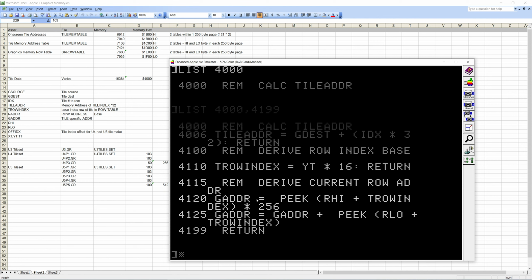So GADDR, we take the high byte and multiply times 256. Again, this is standard memory type stuff for 8-bit. And then we get the low byte and add it. Okay, now,